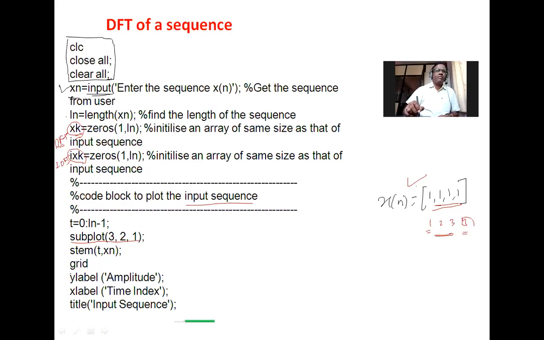Then we are calling like grid is there. Grid का मतलब है ऐसा आपका ग्राफ दिखेगा. ग्राफ में आपको grid form में दिखेंगे, right? Likewise you will get the grids. So that's how we are getting it as a grid. Then y label we are writing it as amplitude. X label is time index, and the input title we are giving it as a input sequence. So this is all about plotting of input sequence. This is the example, or this is the plotting of input sequence.